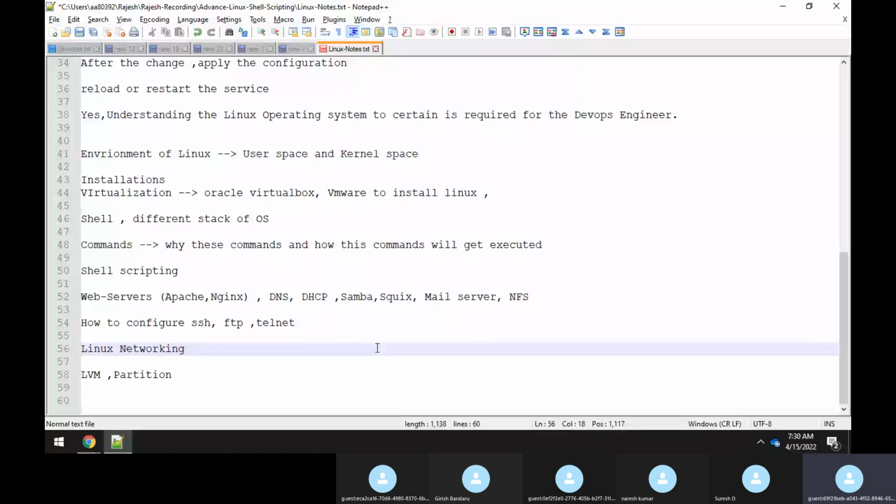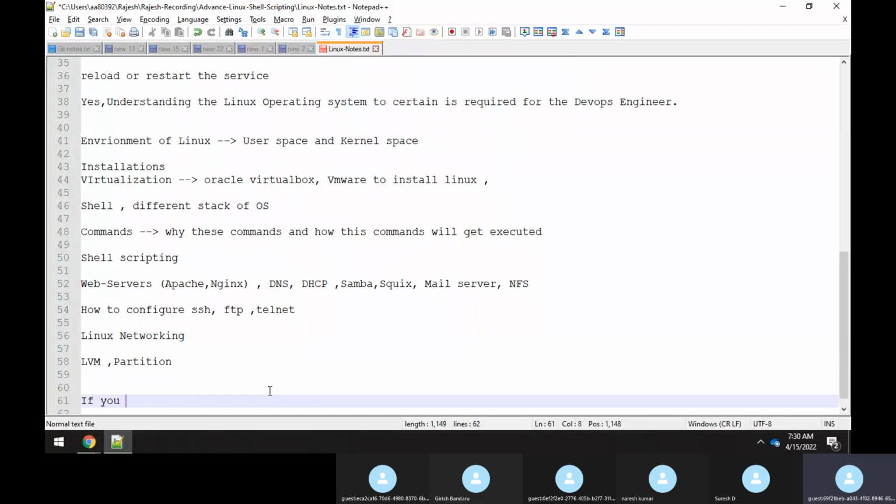See, if you have a very good knowledge of Linux, you can better understand the behavior of the DevOps tools.